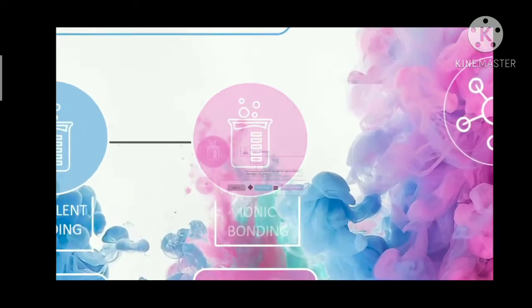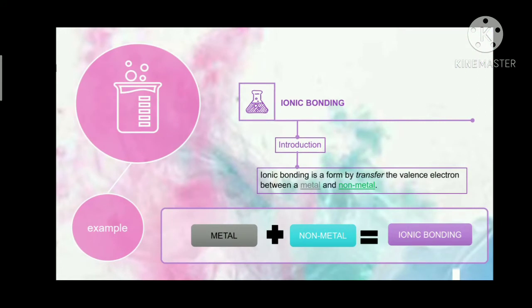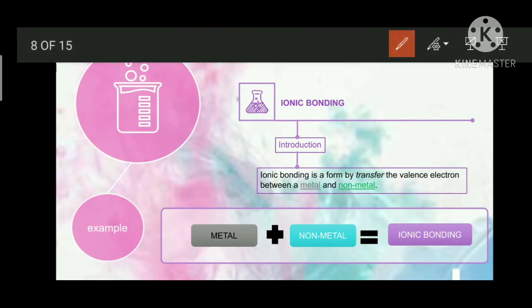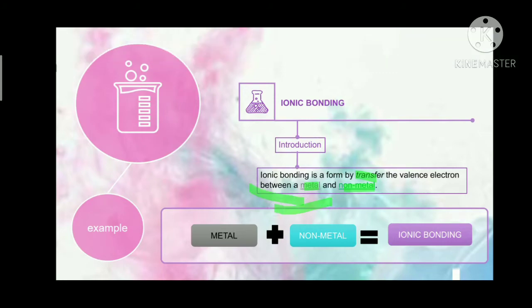Now we go to ionic bonding. Ionic bonding is formed by the transfer of valence electrons between a metal and a non-metal. Now we discuss the metal and the non-metal. In this diagram,